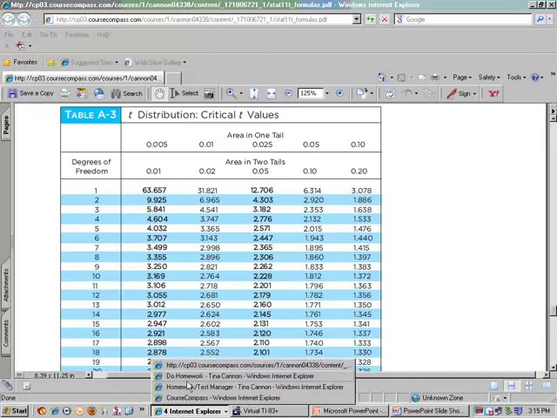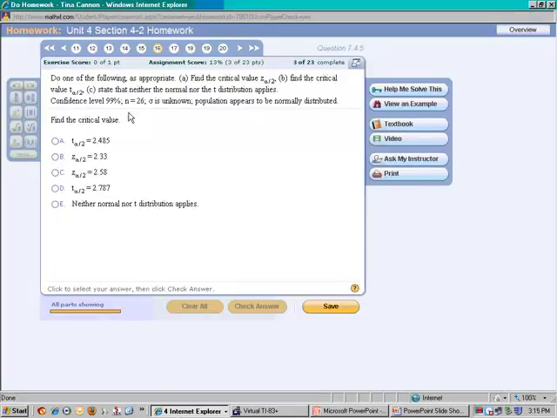Now, if you look at the problem that we have, notice n is 26. My degrees of freedom is always one less than this, so on my table, I'm going to be looking at 25. Then my degree of confidence is 99%, so that means in two tails, it's 1%. That's my alpha. So we'll go to our table,